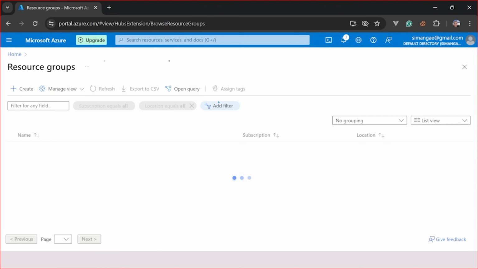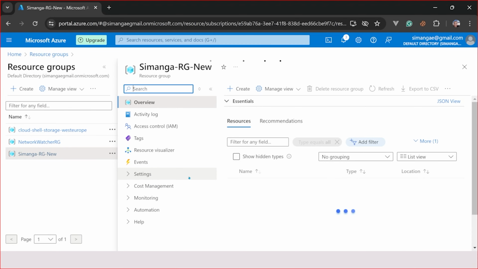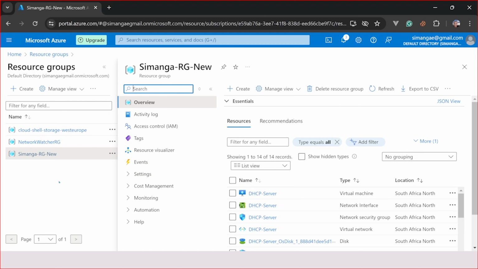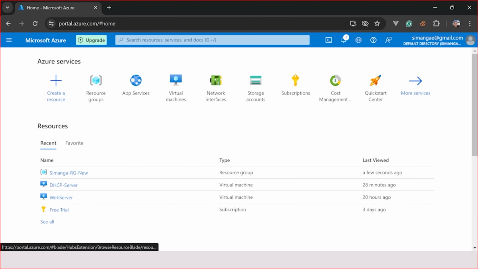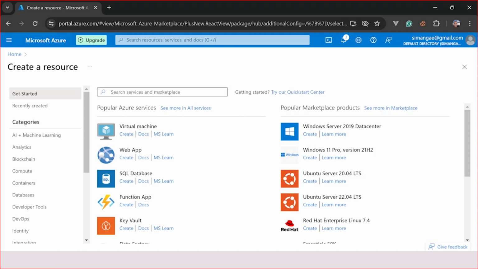If I go to resource group, I've got this new group here that I can use. But it's important to add a new resource group, and then we're going to click on create a resource, and here we're going to search for a virtual